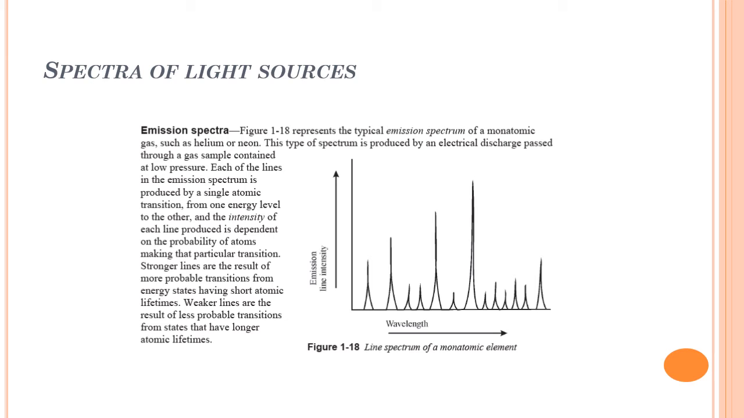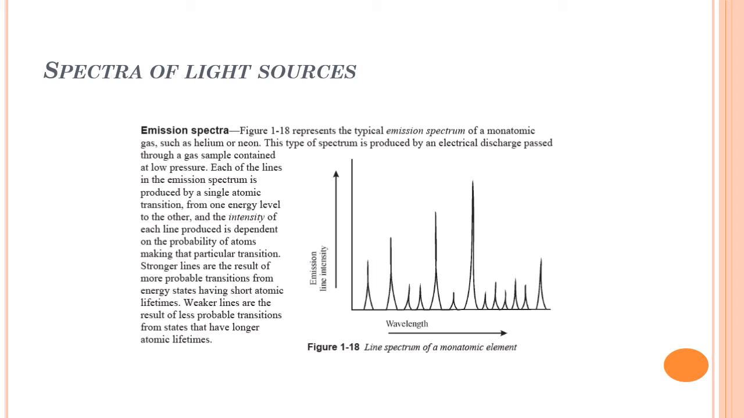So we're going to talk about the spectra of light sources now. Figure 1.18 shows the typical emission spectrum of a monatomic gas, such as helium or neon. This type of spectrum is produced by an electrical discharge passed through a gas sample contained at low pressure. Each of these lines in the emission spectrum is produced by a single atomic transition from one energy level to the other, and the intensity